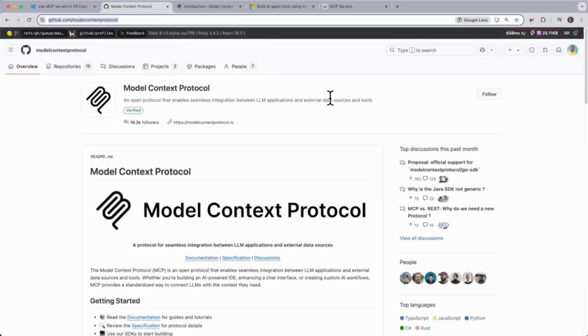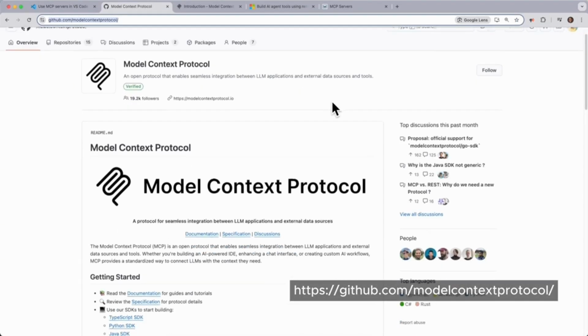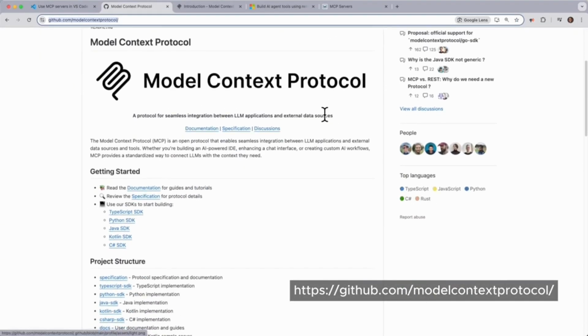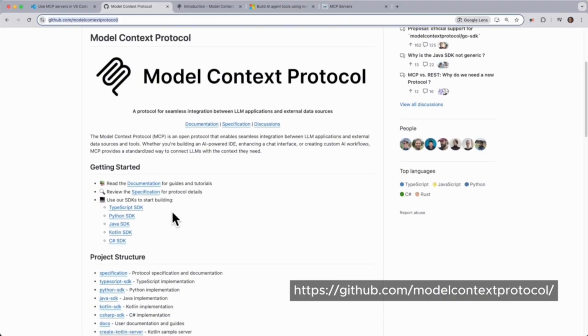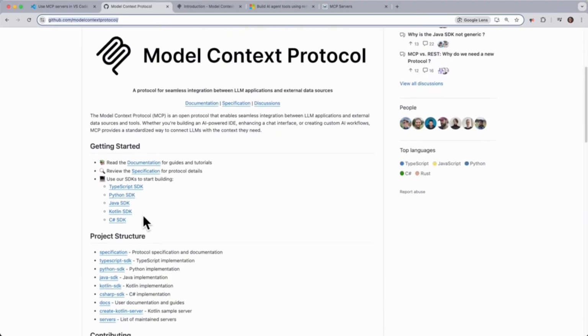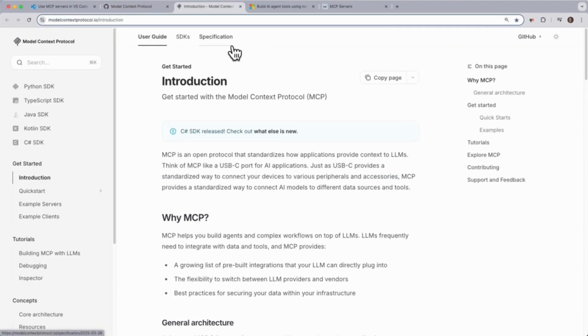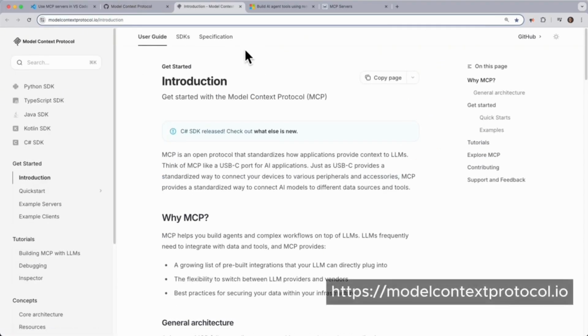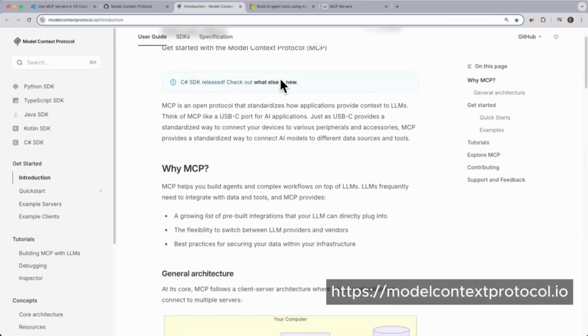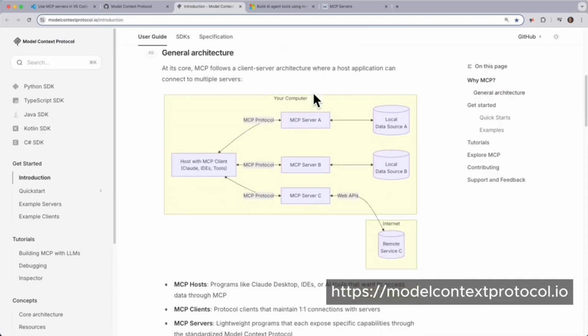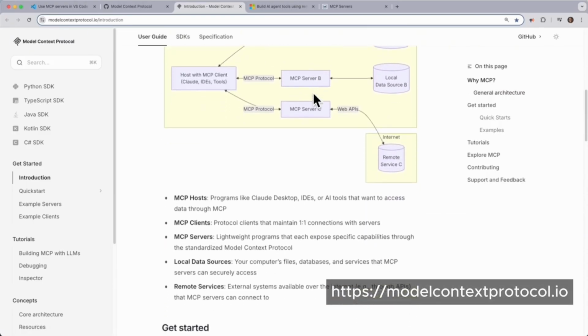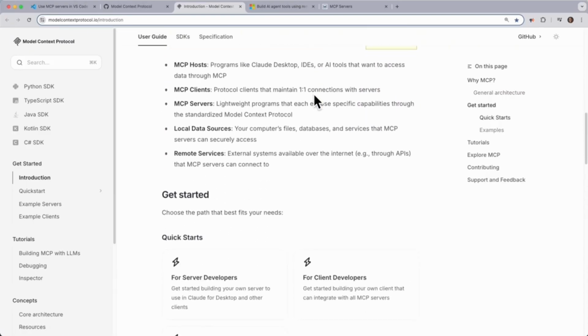Then on GitHub, we have some more content here on MCP that you could review, particularly if you want to focus on some examples relative to either TypeScript, Python, Java, etc. We also have the official model context protocol.io website that you can review. And while I don't personally think this is the friendliest explanation, it should make much more sense after reviewing our